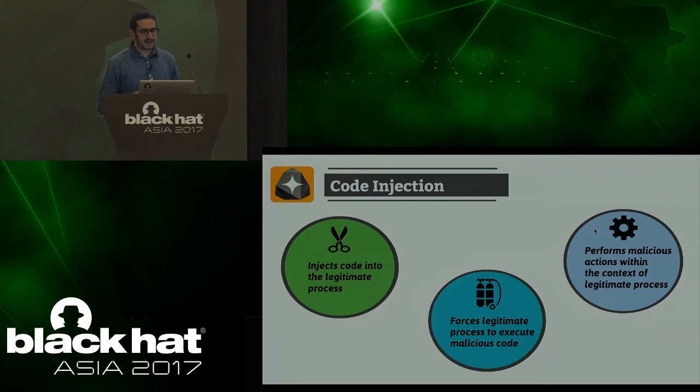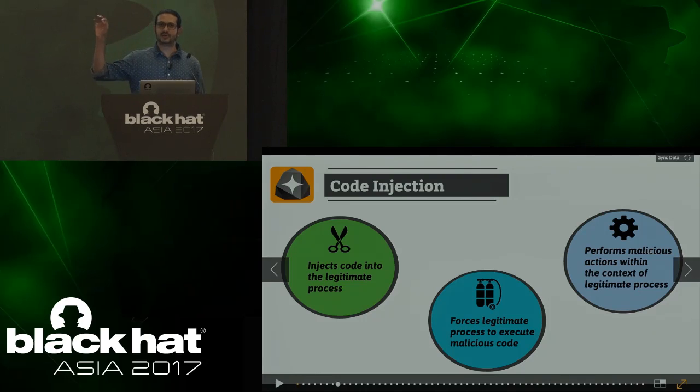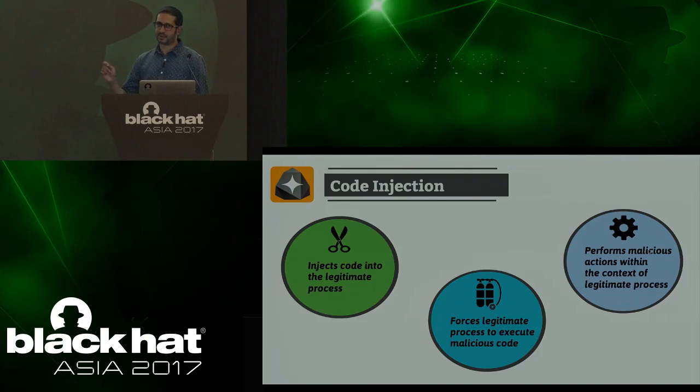So what is code injection? Code injection is a technique where a malware injects code into a legitimate process and it forces the legitimate process to execute that malicious code. The idea is, the code doesn't reside on the disk, it's only in the memory, it's fileless. And also, second thing, it can bypass your hard disk forensics, because if you're doing any hard disk forensics, there is nothing on the disk. And also it can bypass the whitelisting software because the code is injected into the legitimate process, so the whitelisting software will not flag it. So that's code injection in simple terms.